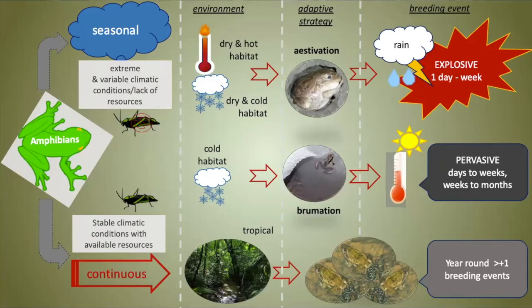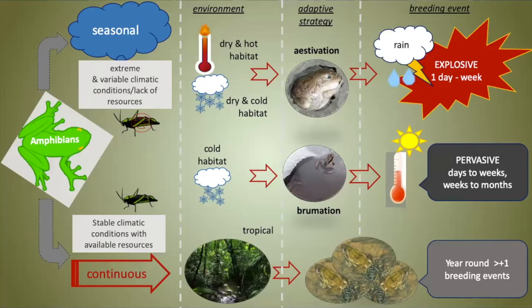So some of the desert dwelling species that estivate, for example, might burrow into the ground, sometimes for years, waiting for that perfect rain downpour to come, and then they come out and they breed explosively. So as you can see at the far right end, that's what I mean by the rain. It can either be an increase in moisture in the ground, or even the vibrations of the raindrops as the rains start to come down on the ground that actually elicit the emergence of these animals. And these processes usually only last a few days, and then the animals go back underground and wait for the next